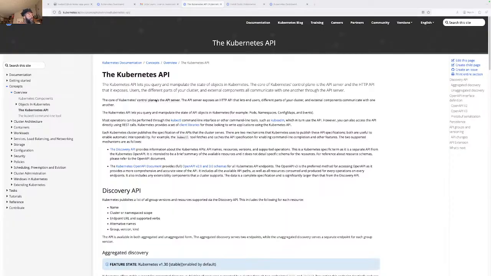And the Kubernetes API lets you query and manipulate the state of objects in Kubernetes, for example, pod, namespace, config map. Which makes sense. So it's just managed through an API server, so all the actions are done through this, right? Which means there's some type of security, and I think Minikube kind of pulled that away. Obfuscated. I want to say obfuscate is the word.